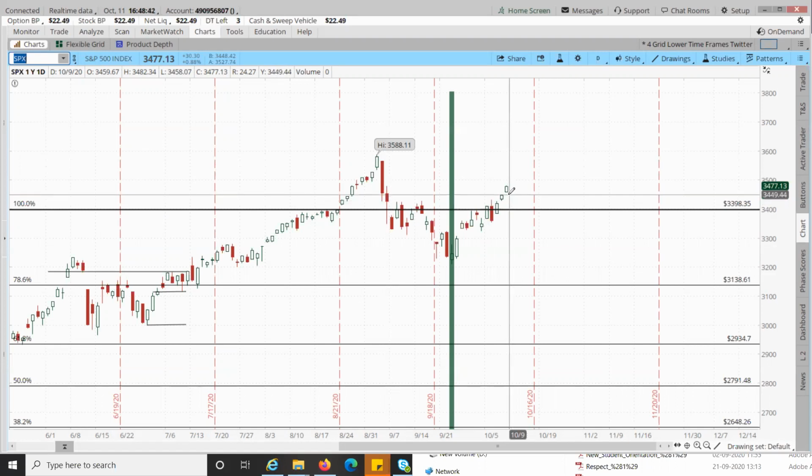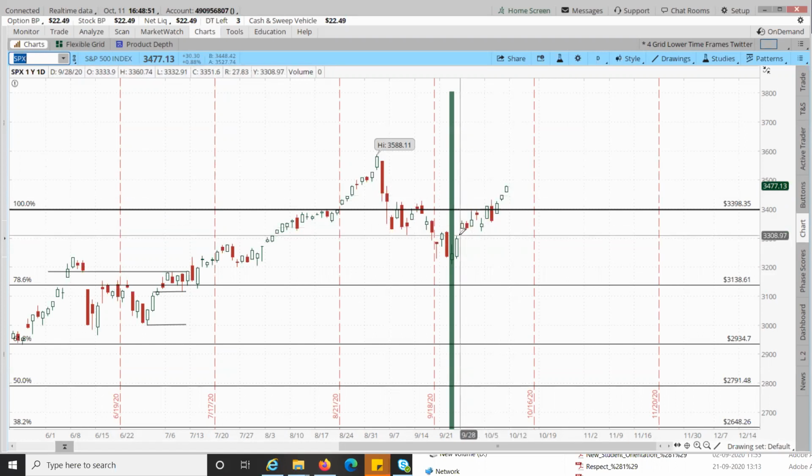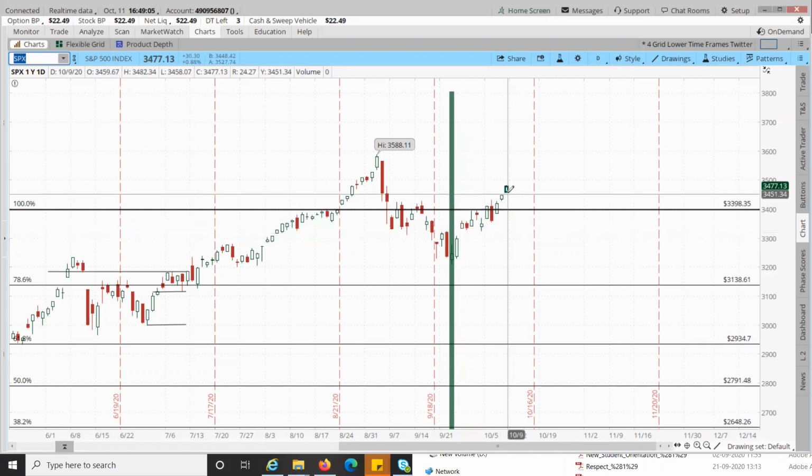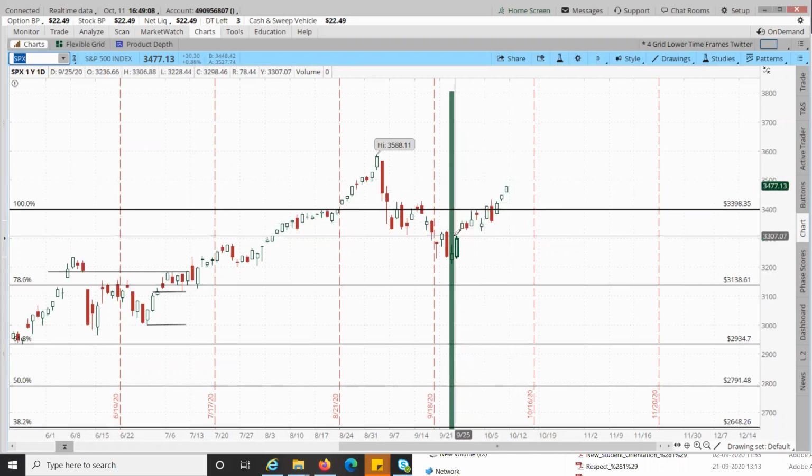A candle will always come back and try to fill the gap, and that candle is a strong candle. All right, there is a gap here. You see, from 3308 to here, which is low 3332, there is a gap. This will go up, but this will 100% come down to fill this gap. And once it comes, that will be the best moment to enter the market. And these are the best plays you can ever have.